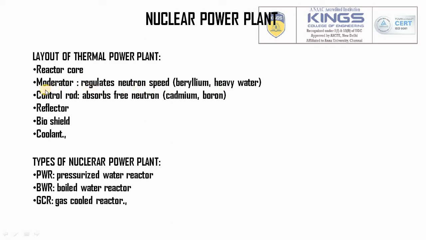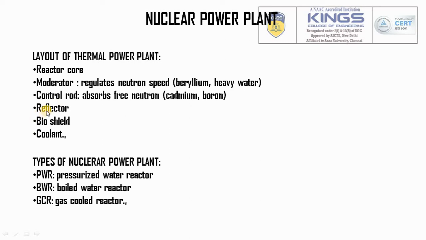If you want to stop the chain reaction, you need to put the control rod inside the reactor core, which will absorb the free neutrons and stop the chain reaction. Without control rods, we cannot stop the chain reaction inside the nuclear power plant. That will bring an enormous amount of radioactive emission to the nearby areas and the atmosphere. That would be a very, very dangerous operation. That is why the control rod usage is very important.